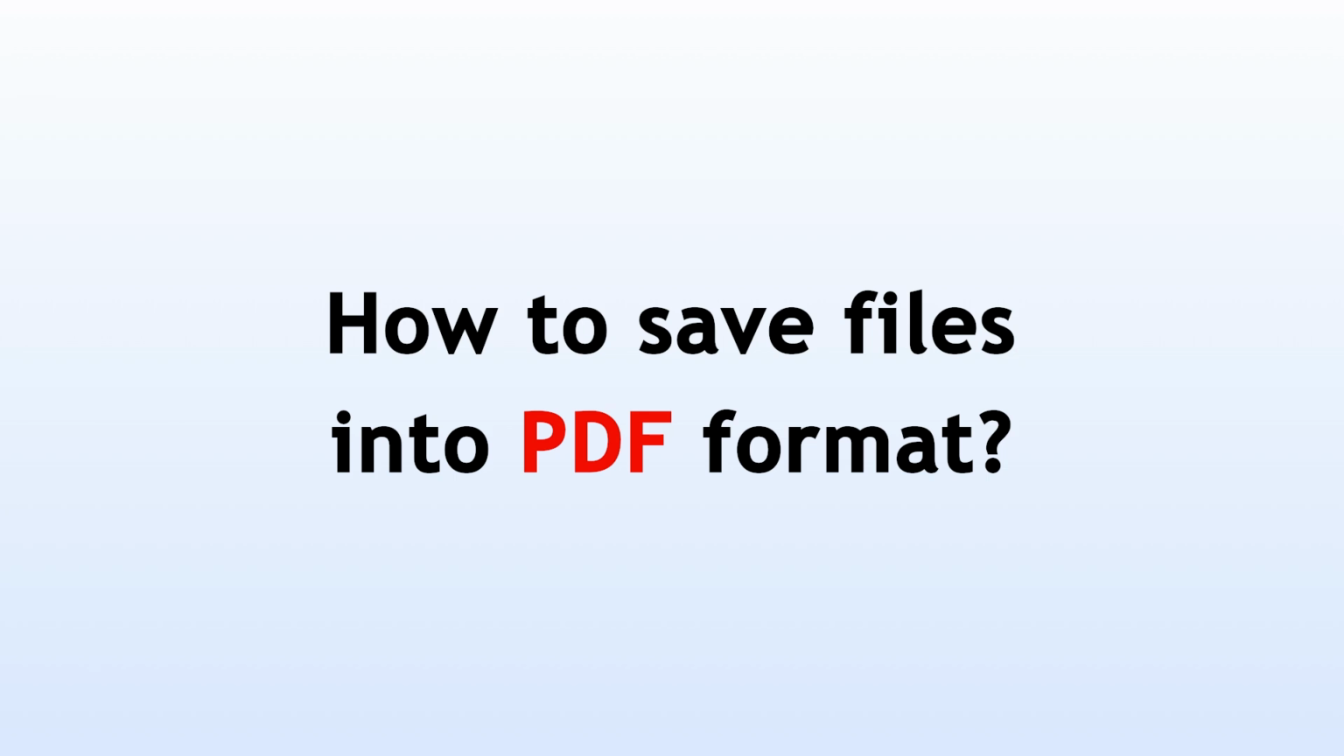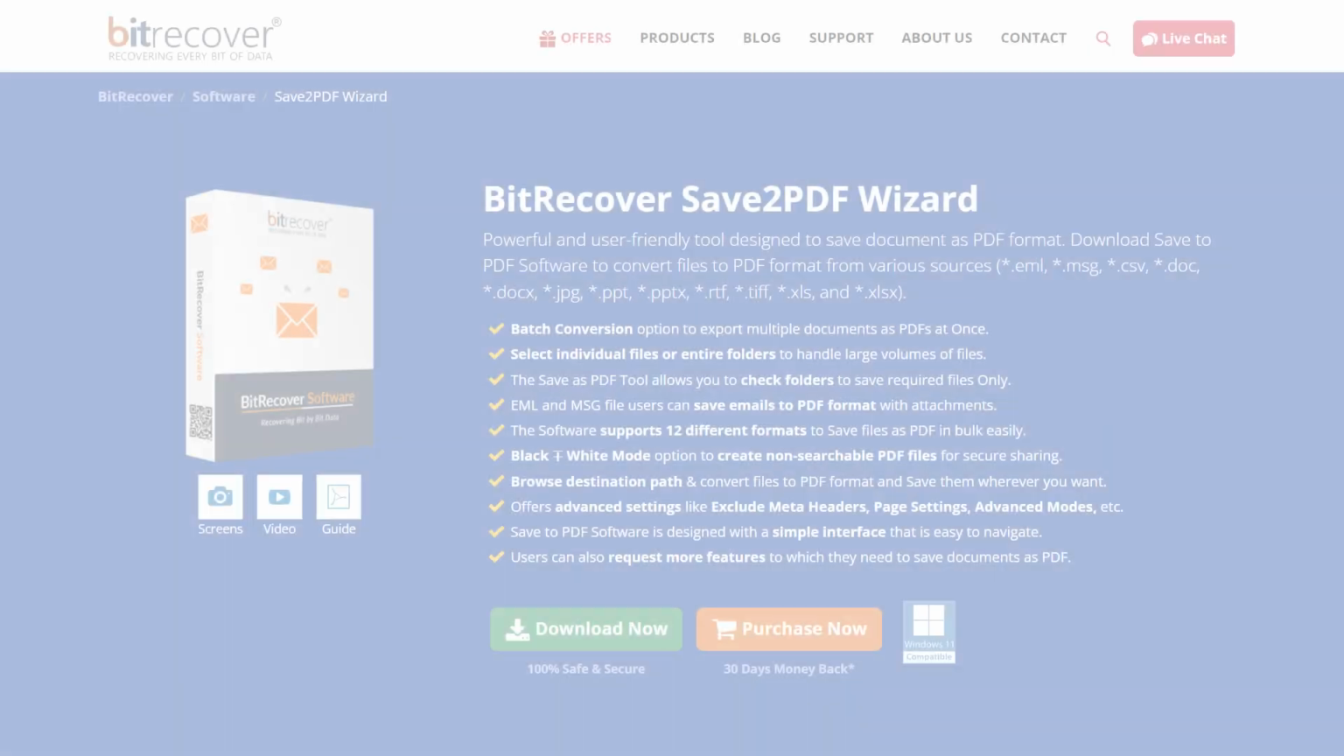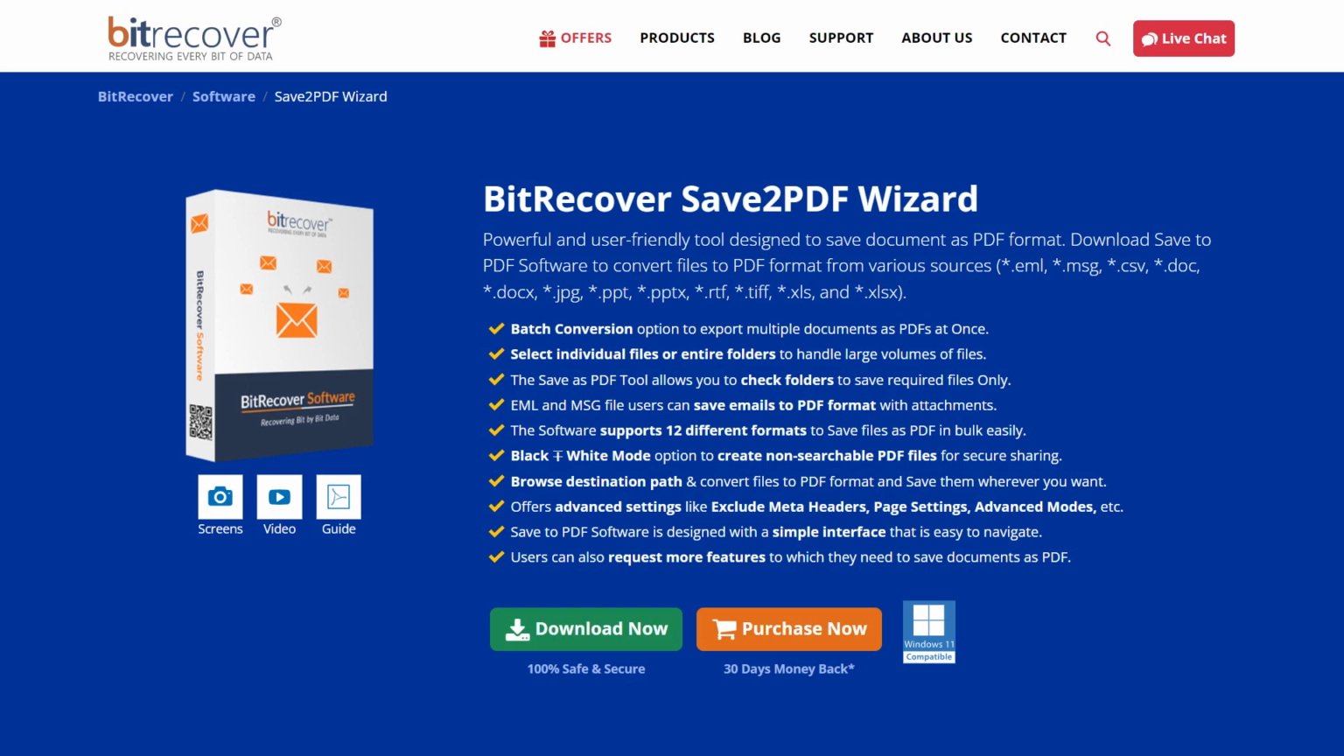How to save files into PDF format. In this tutorial, we will show you the step-by-step process to save files into PDF format from various sources using the BitRecover Save2PDF Wizard tool. To install the BitRecover Save2PDF Converter Wizard tool, download it from the link in the